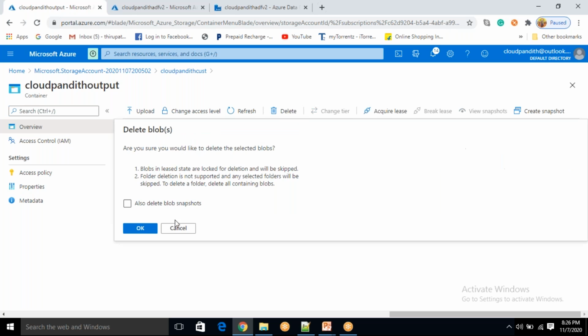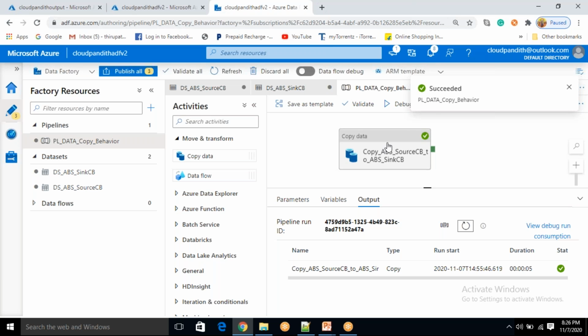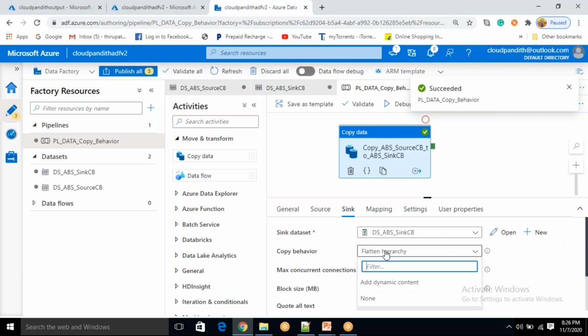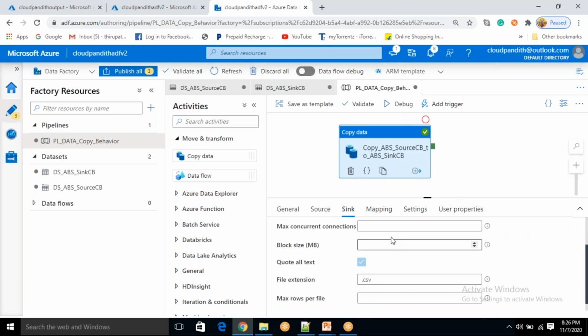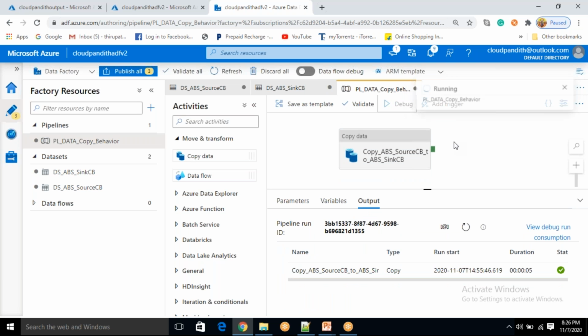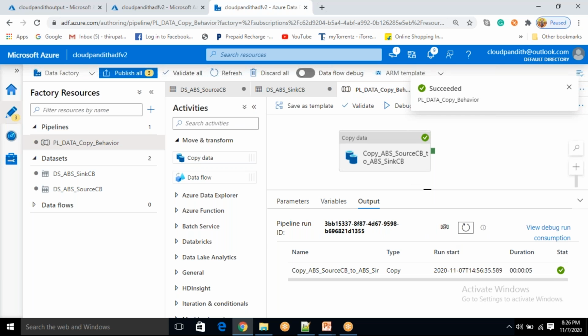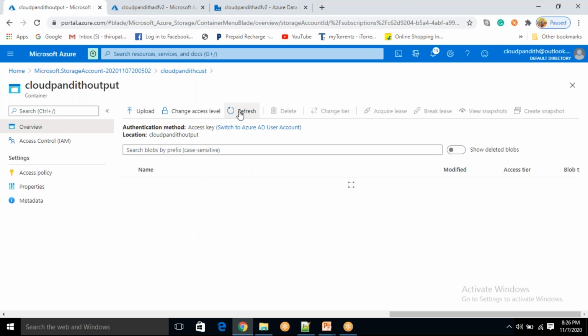Come here, select this. Let's select merge files. I will go with merge files. Okay, let's click debug. We succeeded. Come here, refresh this.